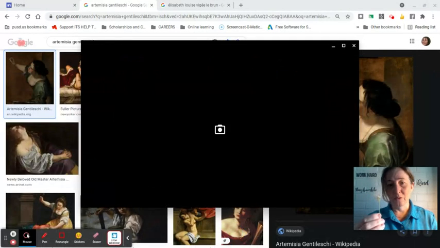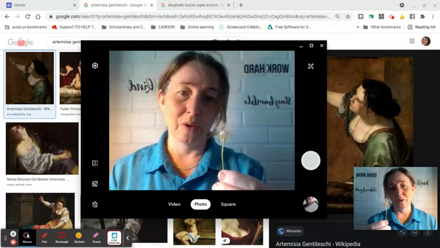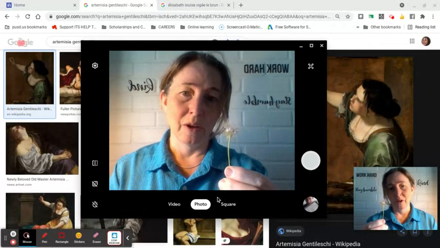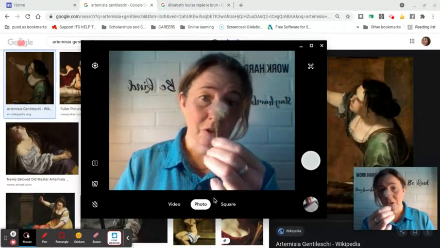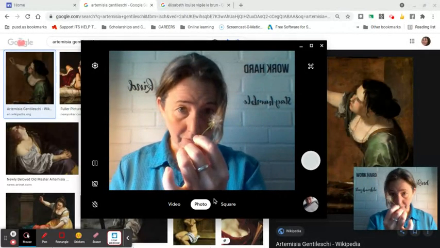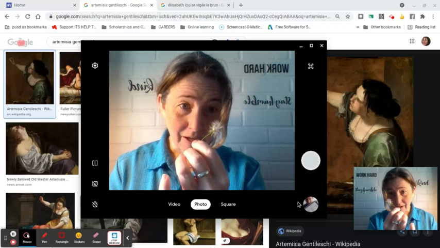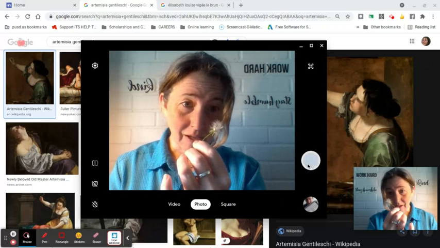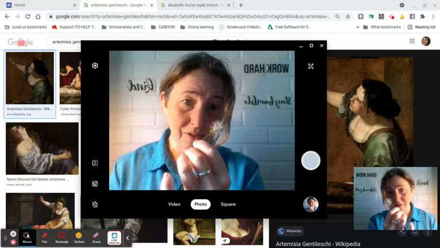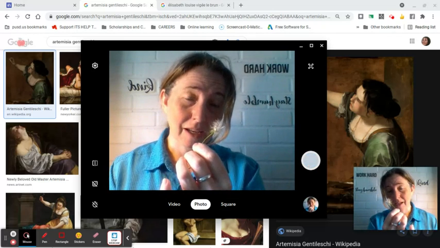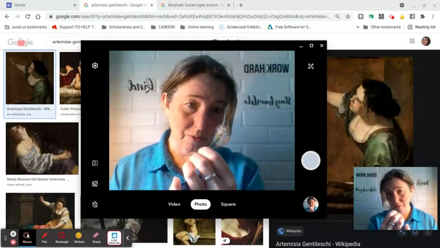Then you open the camera, and you're going to be taking a photo inside the camera. So position your image the way you'd like to have it, and then position yourself in the pose you'd like to have it, and then take the photo. And same thing, you can use this tool to help you take photos of your artwork as well.